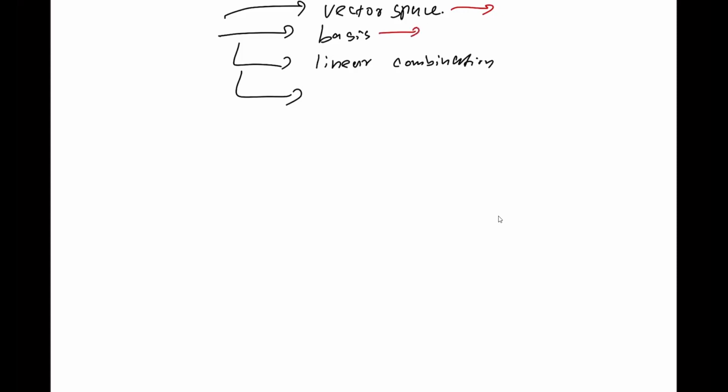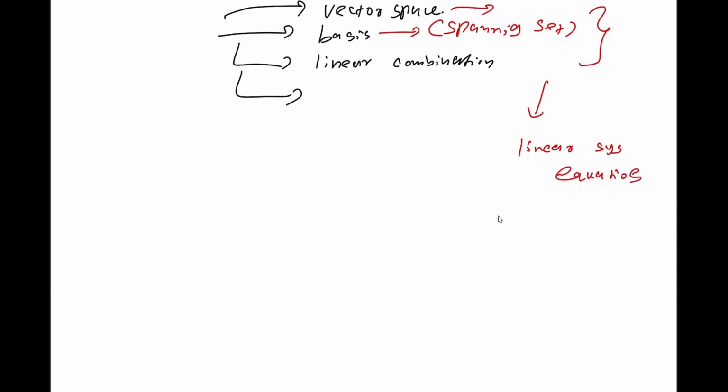You need to get the idea of the basis and a spanning set. Okay, this is the first thing. Then you have to get the idea of the linear combinations. If you know these three, you can easily see any of the other things, such as linear systems of equations, transformations, also the Gram-Schmidt procedure,